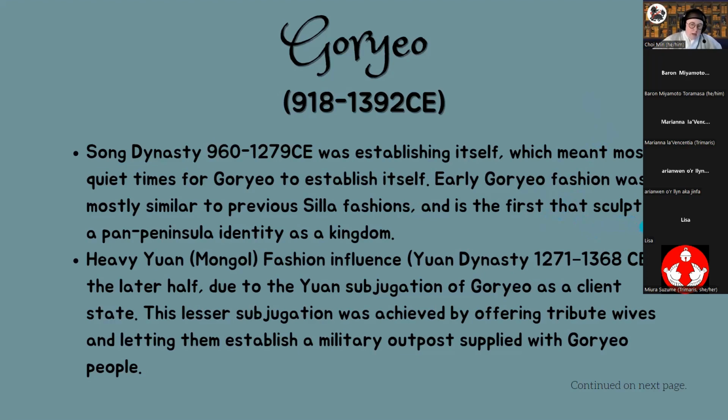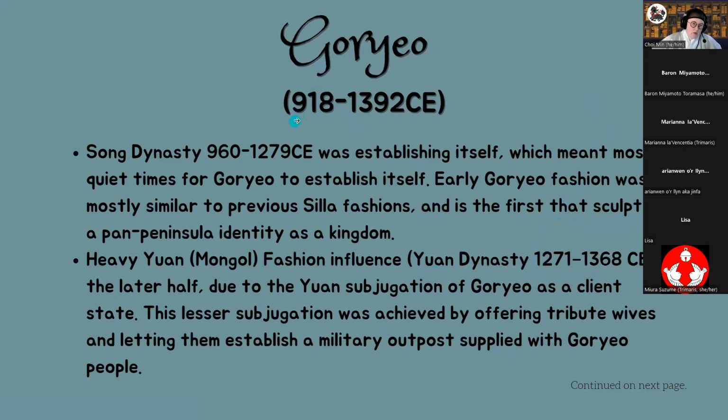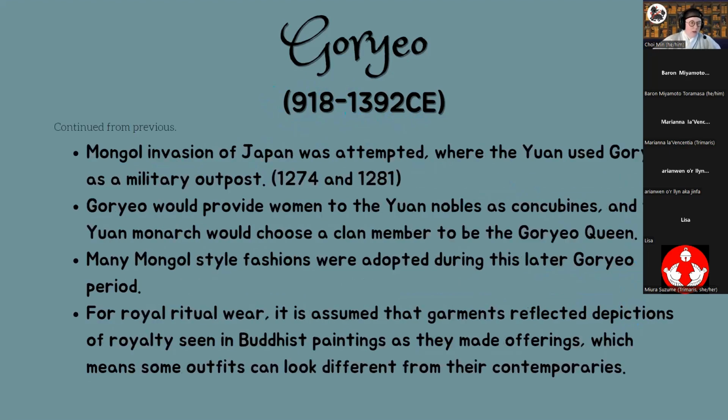But yeah, so heavy Mongol influence, and the Yuan dynasty is 1271. So you can see Goryeo starts at 918, right after the collapse of the unified Silla, but it goes till basically 1400. So the Mongol dynasty stuff is that last, I can't math, is that like 100 and a half years ish? So it's just such an abrupt cultural change.